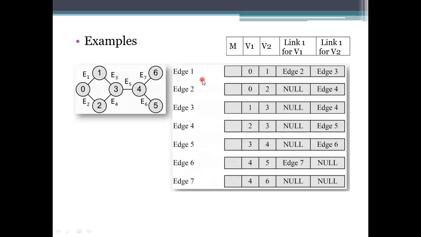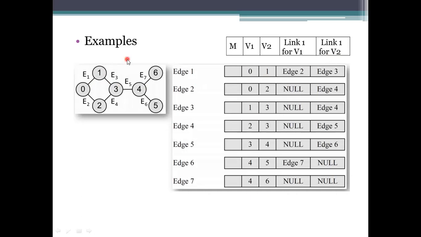Simply see this example. As I said, we have the head format used for representation of the edges: M stands for the marked one, then vertex 1, vertex 2, and the other links of these vertices. How many nodes are there?